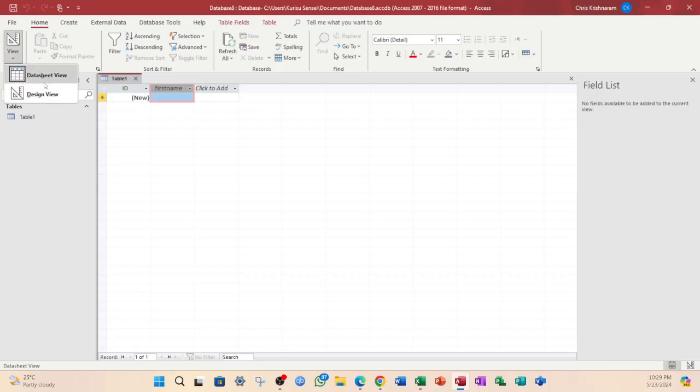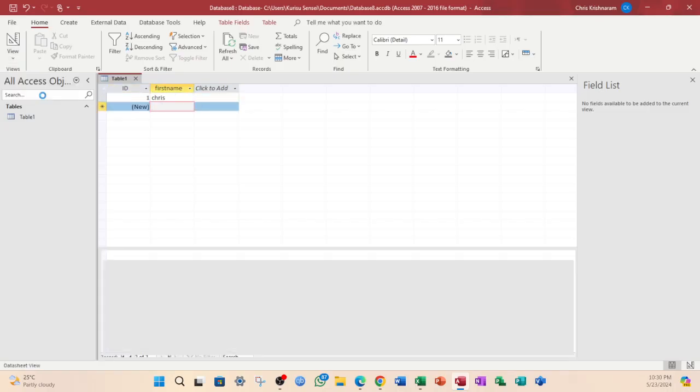Now, your table has two views. It has the design view and the datasheet view. What's the difference between the two? Design view, as the name implies, is for designing the table. Datasheet view is for viewing and entering your data. So here we can enter our data in the datasheet view. Now going back to design view,